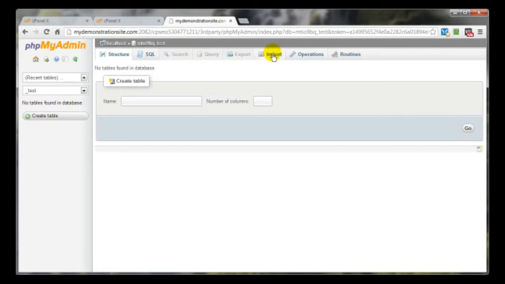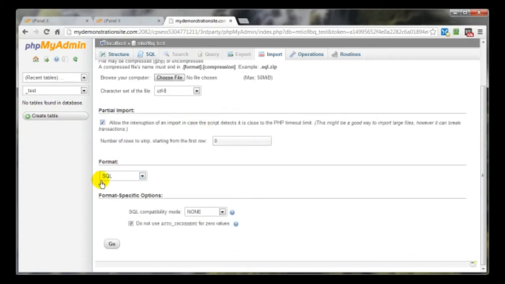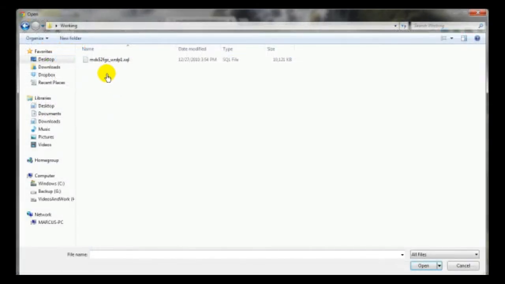Now I want to import the SQL file that I exported from a previous installation of WordPress. So I click on import, and I want to leave all this stuff pretty much the way that it is, especially if the file I'm going to be importing is an SQL format and not one of these other formats. And I know that it's an SQL format. So right now I want to choose file, navigate to the location where I've got that SQL file, then select it. Click on open,